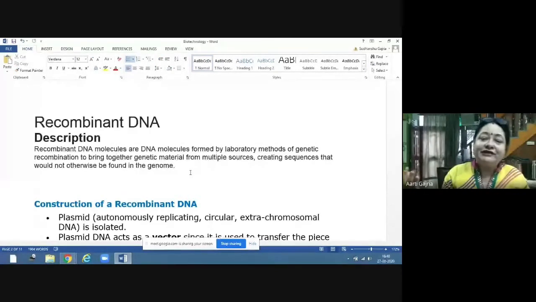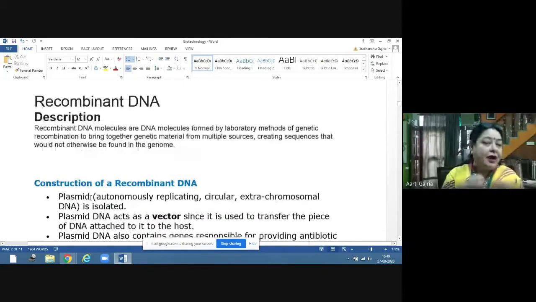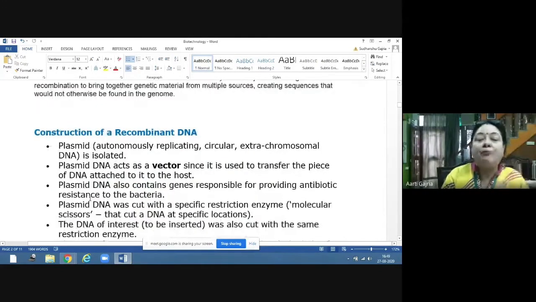Now, by introducing the foreign DNA, we are creating a genome which is not actually present. Like I gave you the example of that glow. That glow was not present in the trees actually, but after the introduction of the foreign DNA, the new genome which is formed is the genome which we want, because of the quality of glow. So it is like street lamps, the glowing trees. So we are doing it for our products, beneficial products and services. Now we have to understand how we are constructing a recombinant DNA.